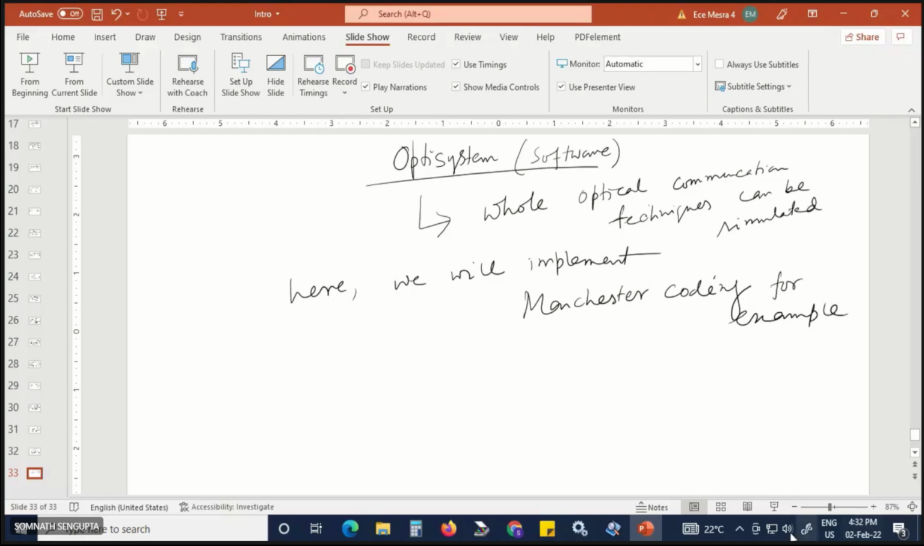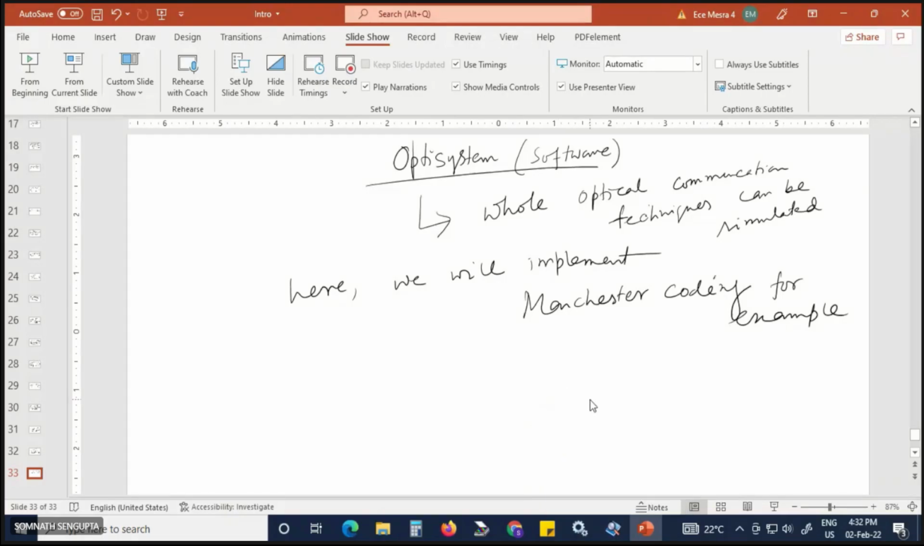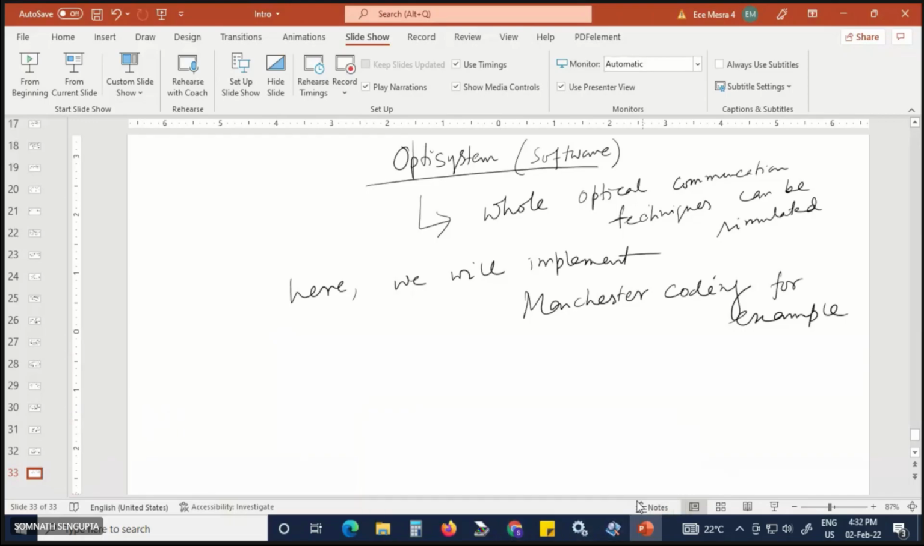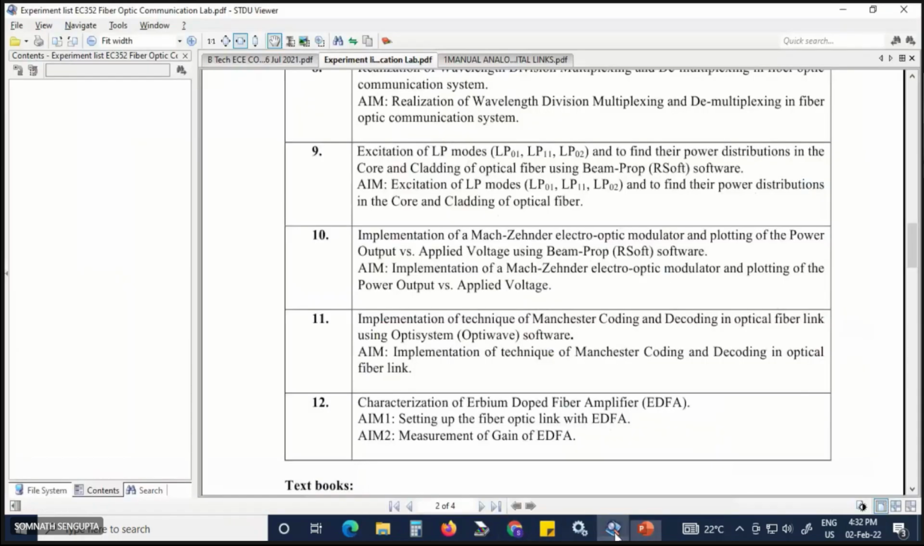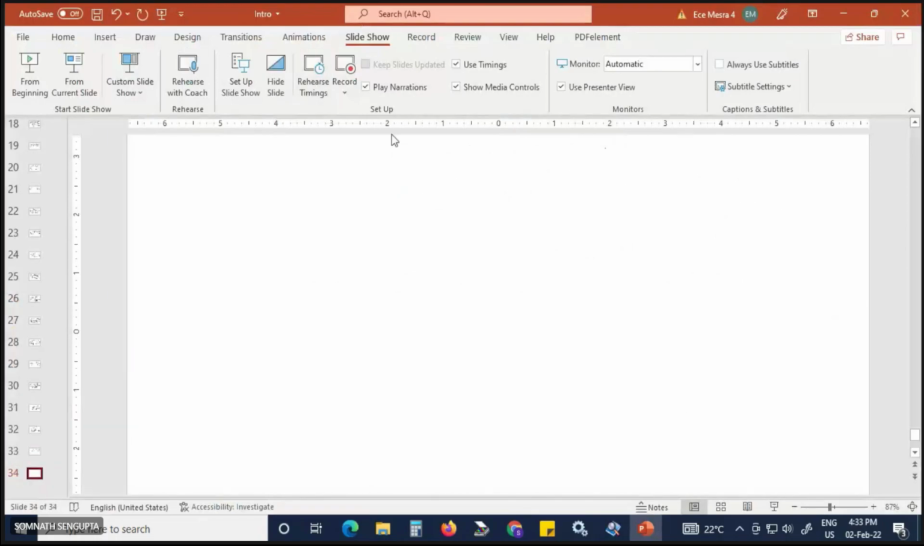The manual is given, we will demonstrate it to you, or you can download it and it is valid for 1 month, but do not download it now. At the end of this session or semester, you can download and simulate it, because it is a limited time duration license. Then Manchester coding is done. Then the last experiment is the fiber amplifier,